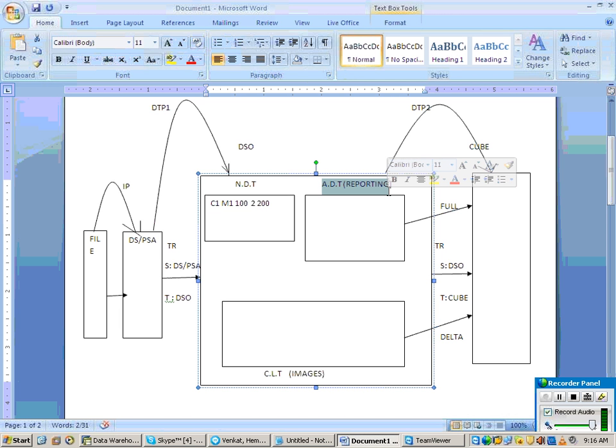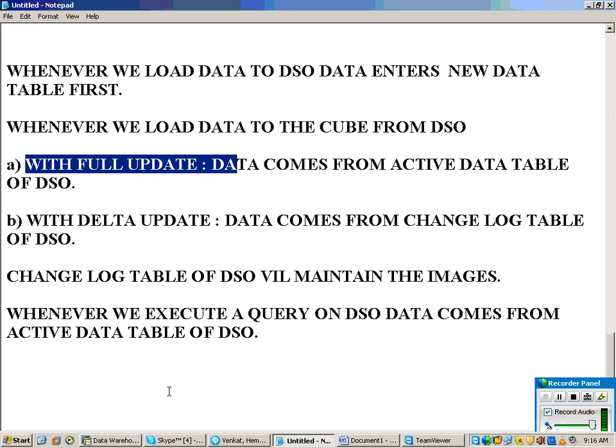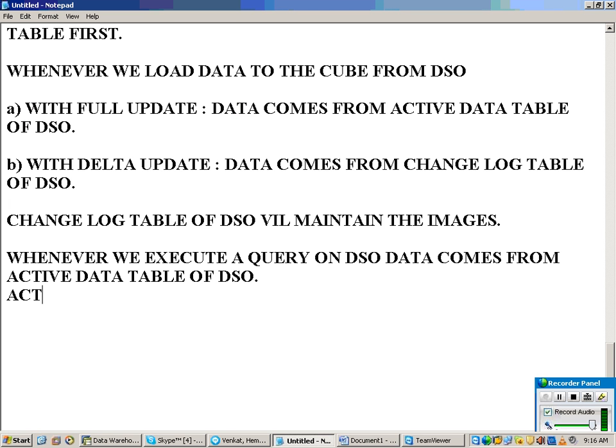Is there any data in the active table as of now? Is there any data in the change log table as of now? But where is your data now? It's in your new table. That means loading of data to DSO will not end your task. After loading data to the DSO, I need to move my data from the new table to the active table, and that is what we call